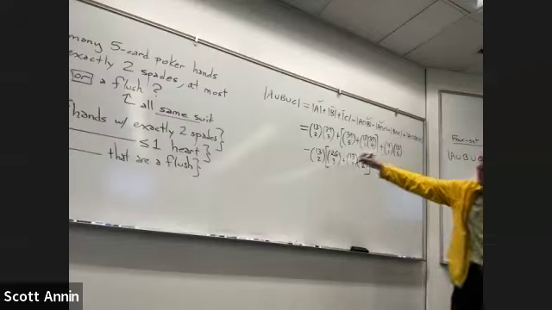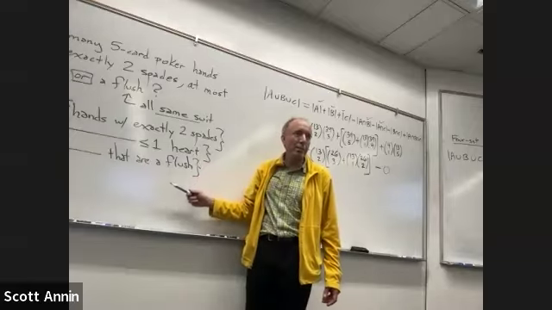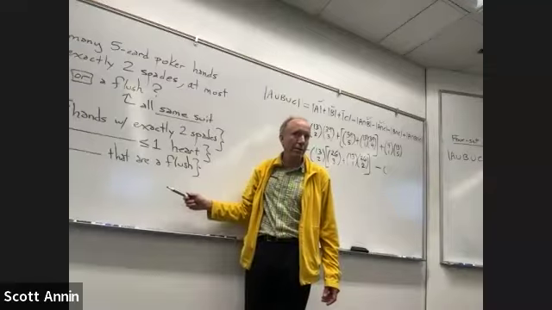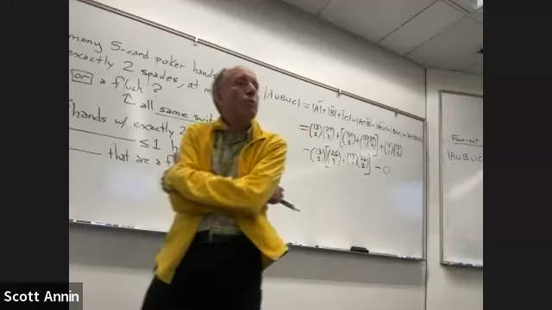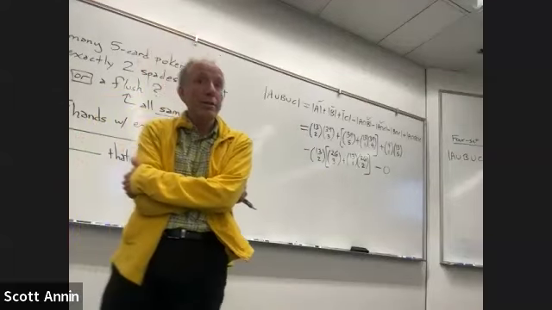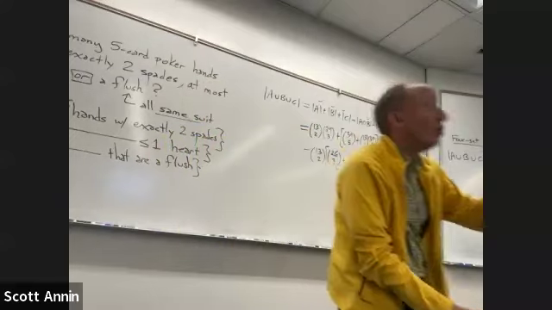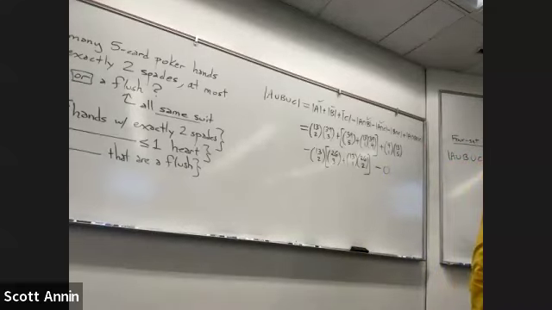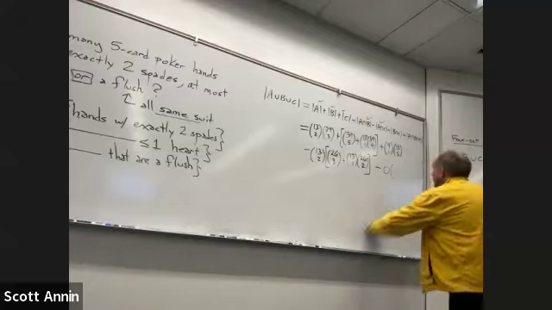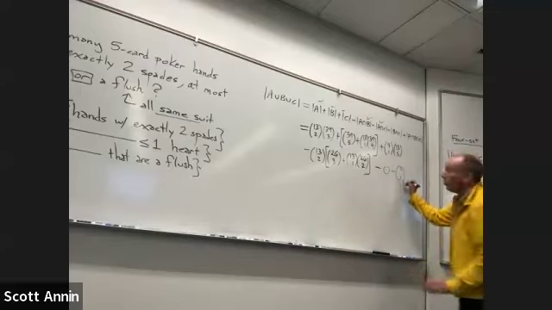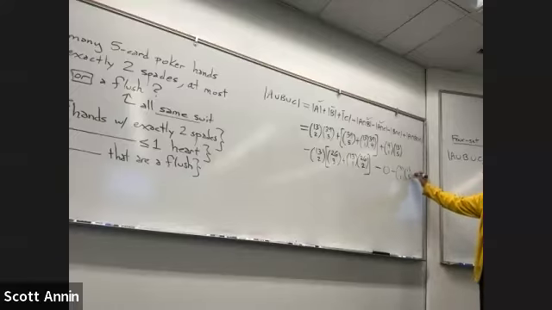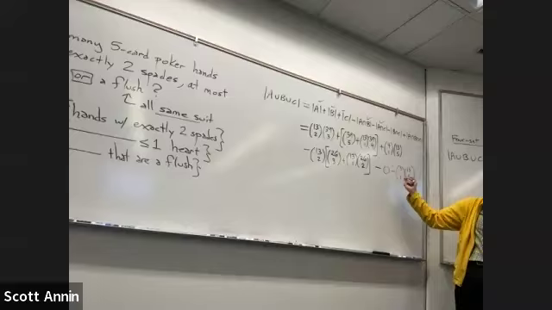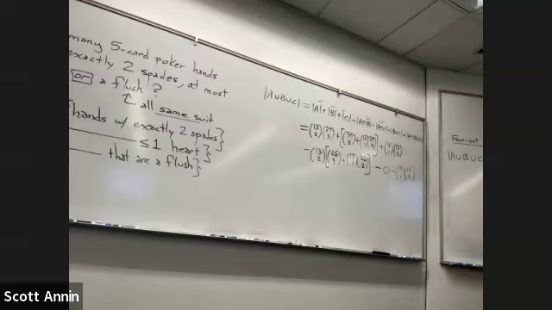But what about B intersect C? At most 1 heart, but it has to be a flush. 0. At most 1 heart could be no hearts, which means we could have a flush. It would have to be a flush of clubs, a flush of spades, or a flush of diamonds, right? So I would have 3 choices, not 4, from which to make my flush. So it's similar to what we had before, but now I have to throw out the hearts. Okay. And then it's impossible to have exactly 2 spades, at most 1 heart and a flush. So that would be a plus.